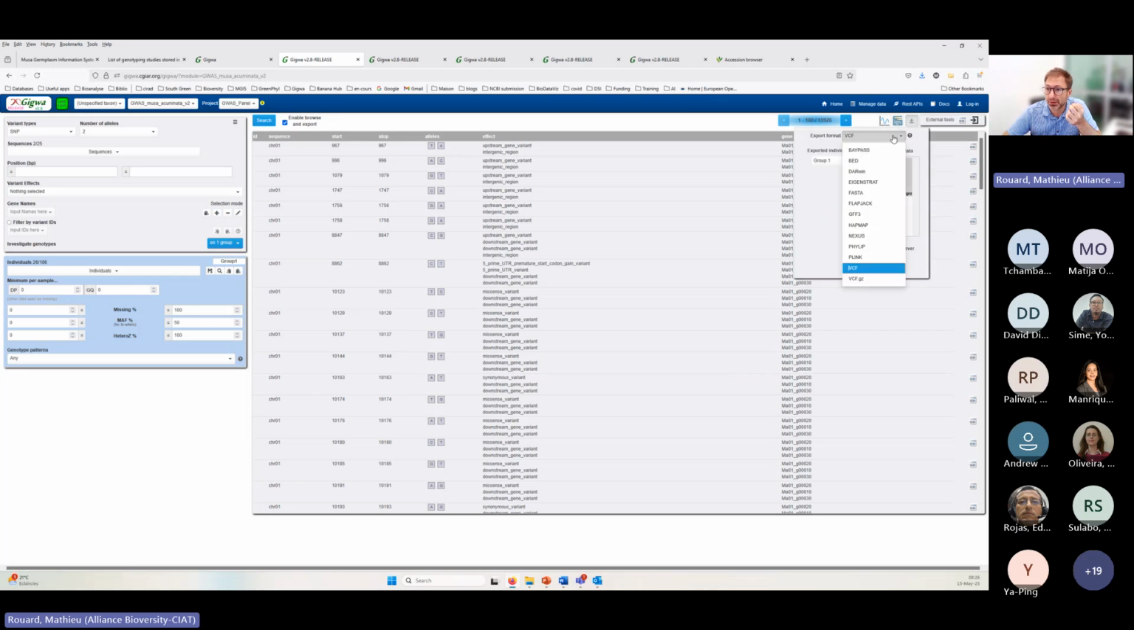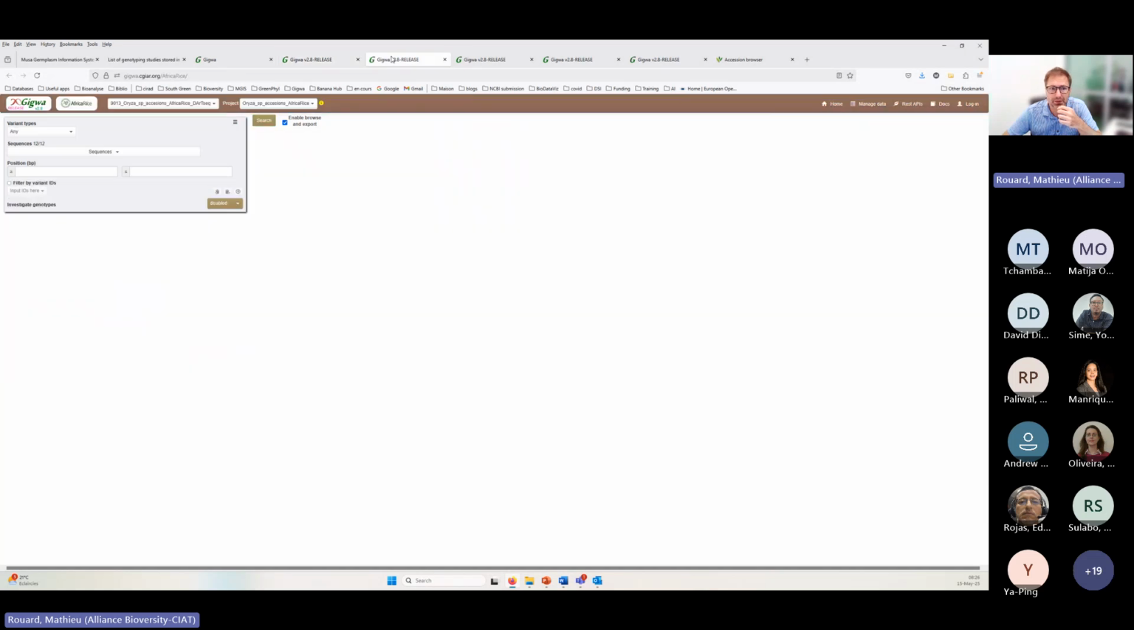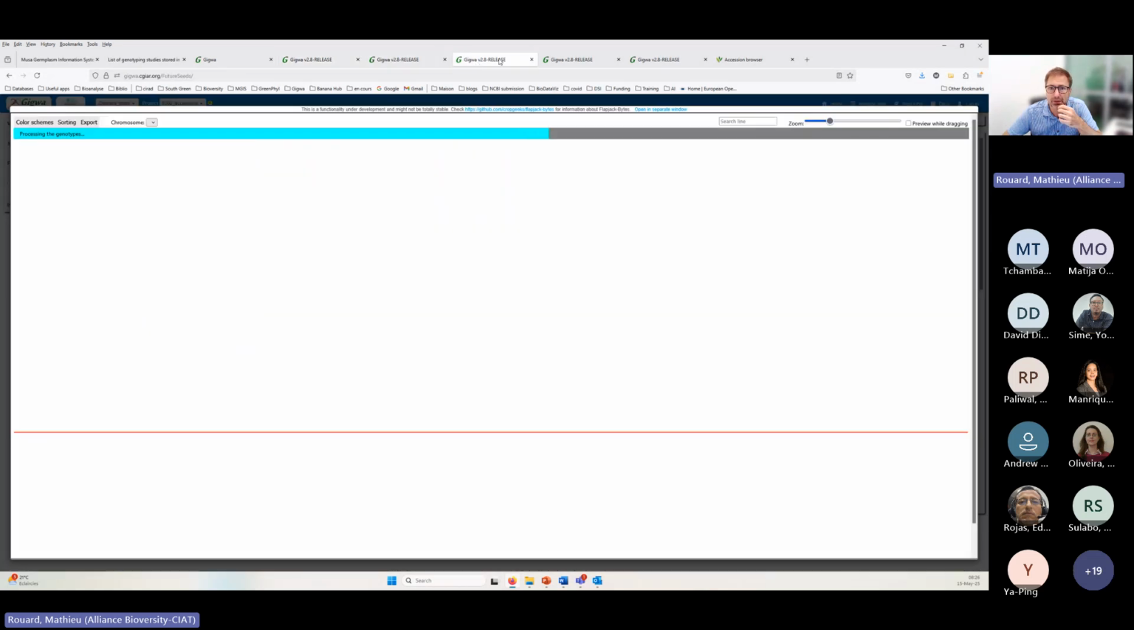You can export in multiple formats. I think I've created one somewhere, just for the sake of time, because you have to download the data. It takes a bit of time just to download the file and visualize, but I have different databases that were created. So I think this one is loading, but